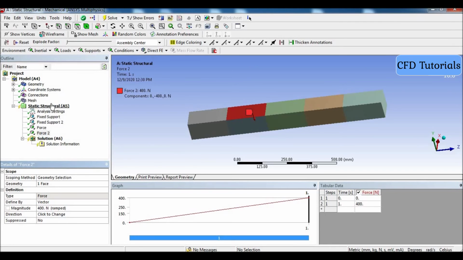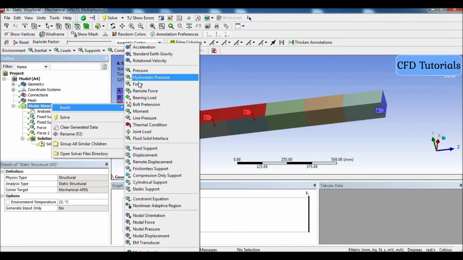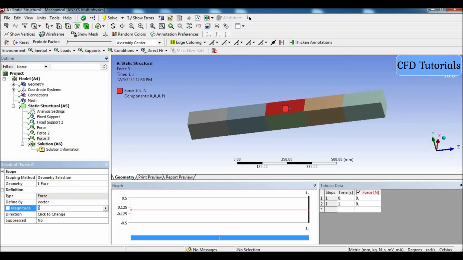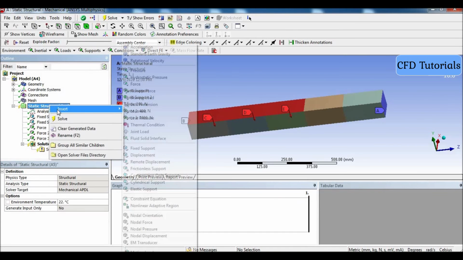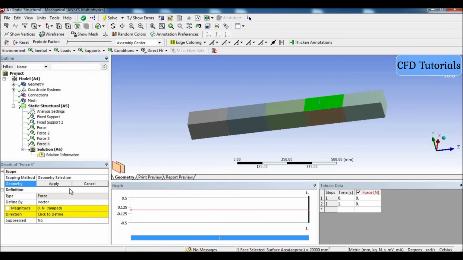Same thing, right click on it, insert, go to the force command, select the surface here, apply. Let's suppose you have 1000 Newton in the middle. Click here and then change the direction. OK. Now click here again, insert, apply the force, choose this surface, apply.